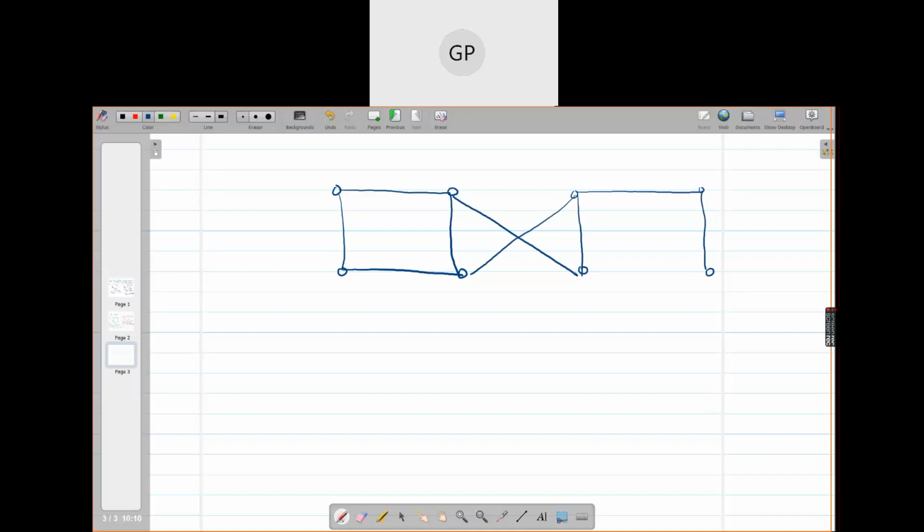Now I'm drawing a graph. Can you tell me the edge connectivity of this graph? And see, for finding edge connectivity and vertex connectivity, you need not know the names of the vertices and edges. Okay? So many times in your exam, it may happen that vertices and edges do not have names. So don't get confused. Okay? Can you tell me what is the edge connectivity of this graph?